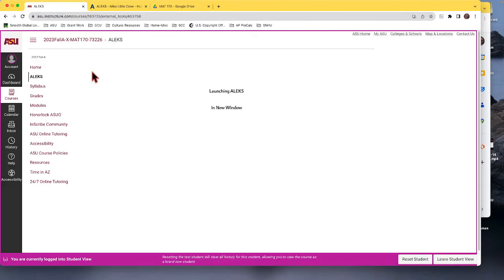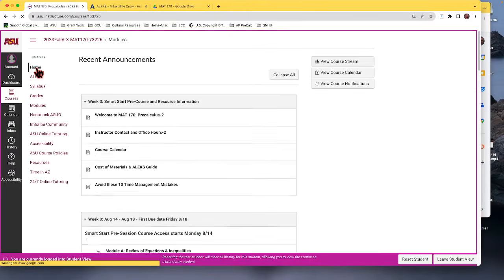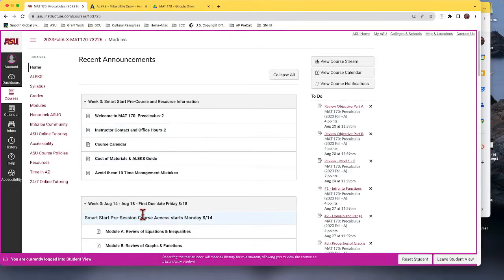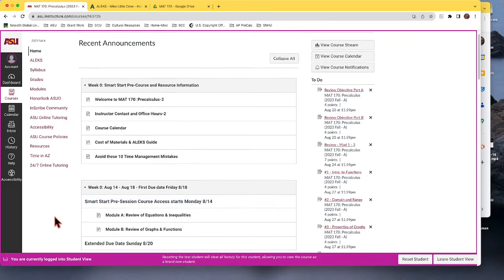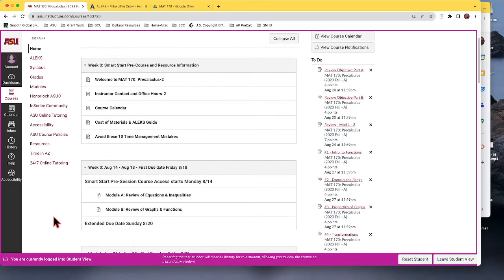Where we always start is here in Canvas, actually. We're trying out a new system. They did an update over this last summer, so we're kind of seeing how this works. As I go into each of the modules, so here, week 0, today, August 14th, is when we should have gotten access. And then till the first Friday, the 18th, we have 2 modules that are assigned for us